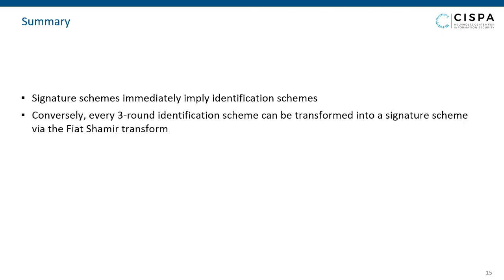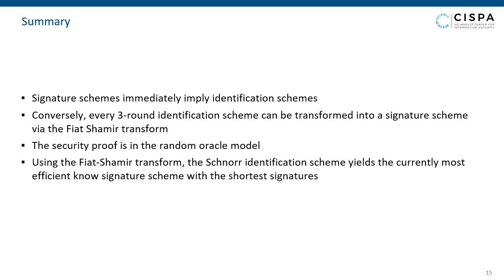Now it's time to wrap up this lecture. We've first discussed that signature schemes immediately imply identification schemes. Conversely, every 3-round identification scheme can be transformed into a signature scheme via the Fiat Shamir transform. The security proof for this is in the random oracle model. Using the Fiat Shamir transform on the Schnorr identification scheme, we obtain Schnorr signatures, the currently most efficient known signature